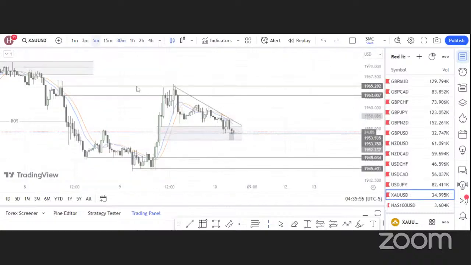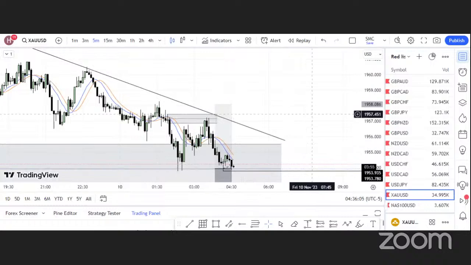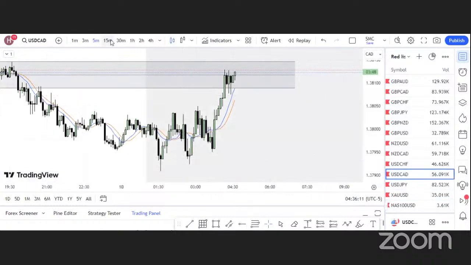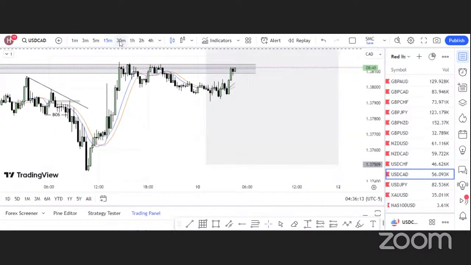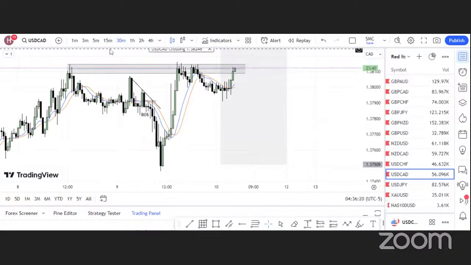Let's go back to 5 minutes. Okay, this is where we took the trade from, when this was making a retracement around here. So if we close the trade around here with 0.01, then you lose just a few cents. Okay, so I always make sure that if the trade is going to be a losing trade, you're not going to lose too much. All right. So that is how to be a profitable trader.